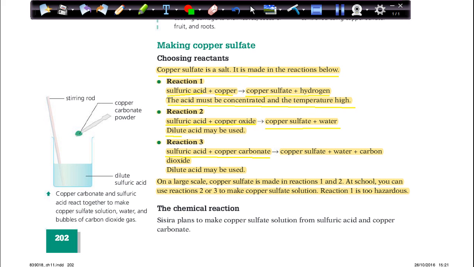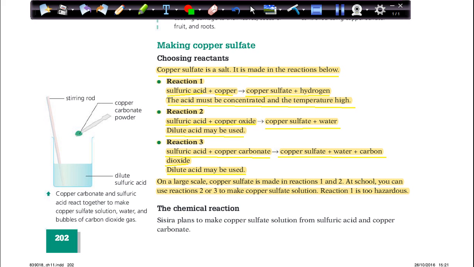In this case, dilute acid may be used. This is another question: why do we use dilute acid instead of concentrated? Reaction 3: sulfuric acid plus copper carbonate gives us copper sulfate plus water plus carbon dioxide, and here dilute acid